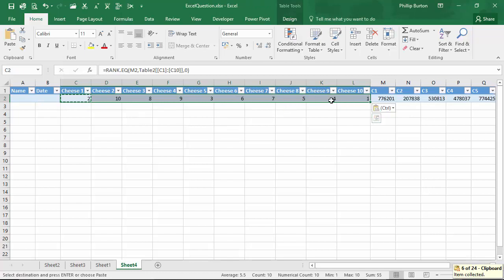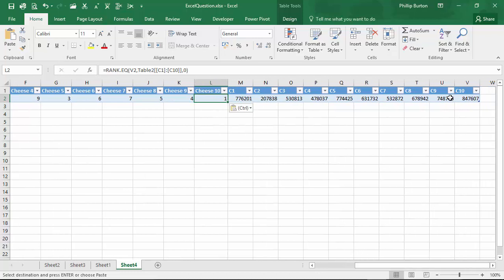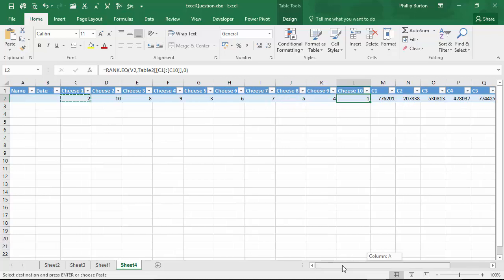So now we've got this cheese number 1 is the top of all of these. 847, 647 is the highest of those, and then this is the 2nd, that's the 3rd, and so forth. Now I don't want it to show anything if they're 6th or 7th. So first of all, I'm just going to simplify this down